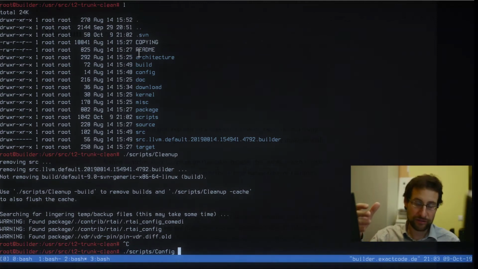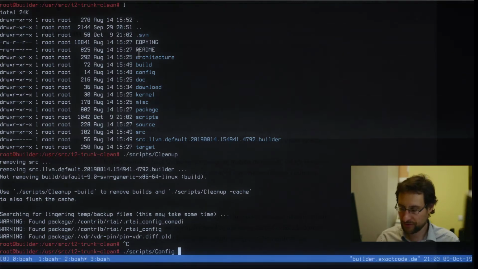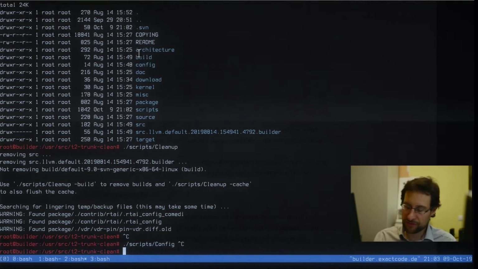Just as with our new, more exotic build combinations like musl and ceiling and stuff, this doesn't match. And if this is totally out of alignment, then it totally blows up in flames and nothing builds, with all the musl versus glibc and ceiling, Clang versus GCC. So what I wanted to do is, if you run the scripts/Config and